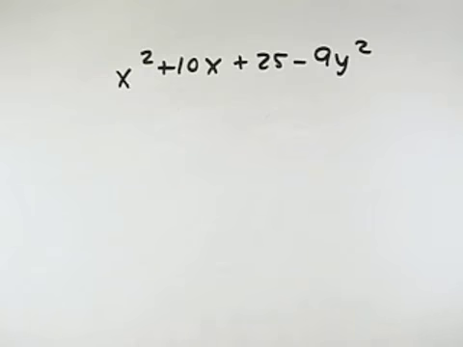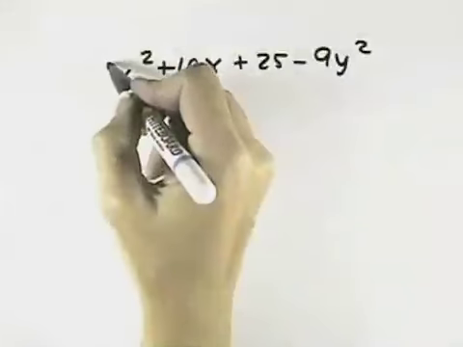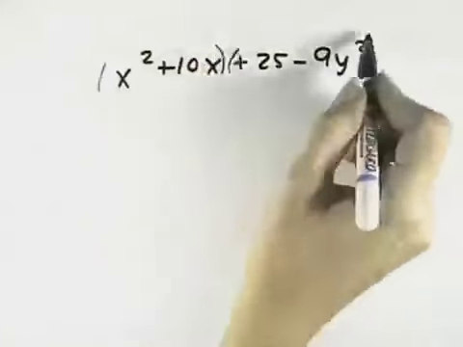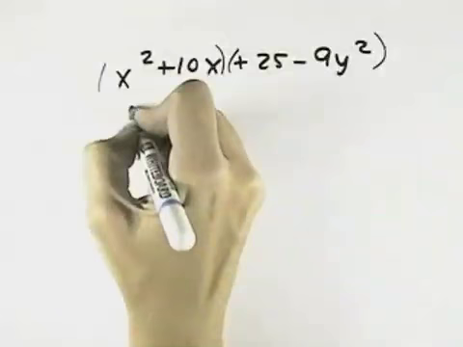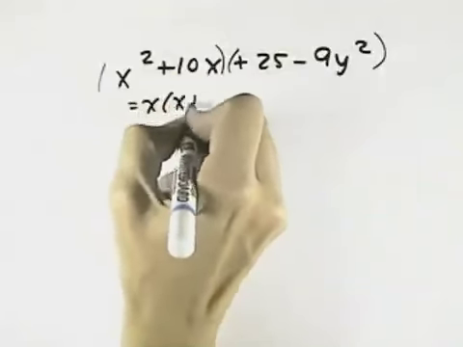We want to factor this completely. First, we look for a greatest common factor. There are none, so we might try grouping. We could try breaking it up with the first terms and the last terms. If we did that, we have a common factor of x in the first term, so we'd have x times